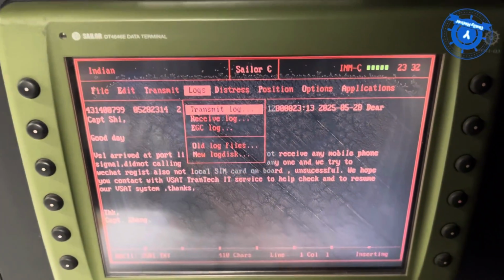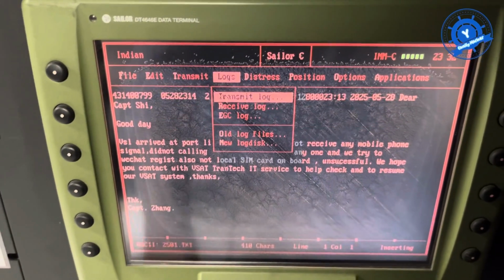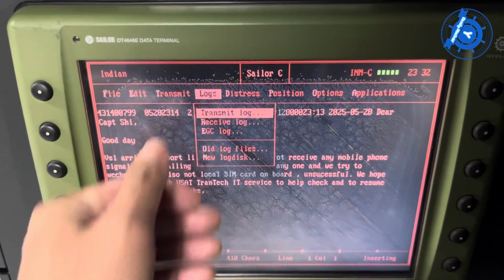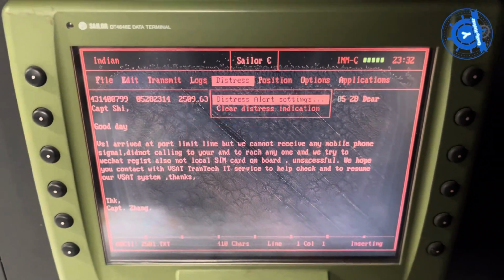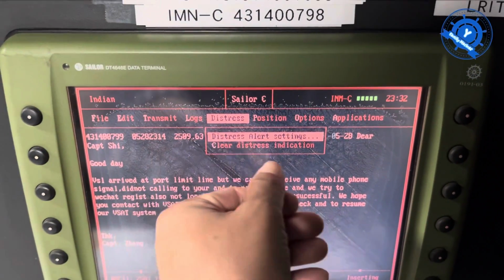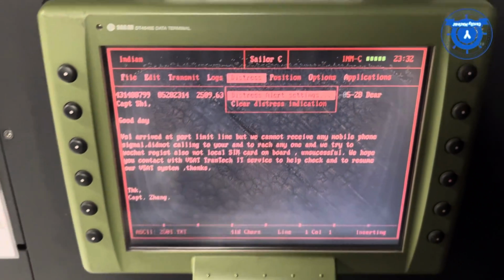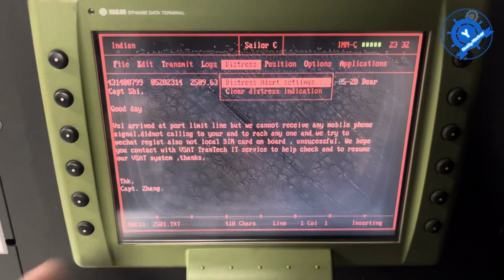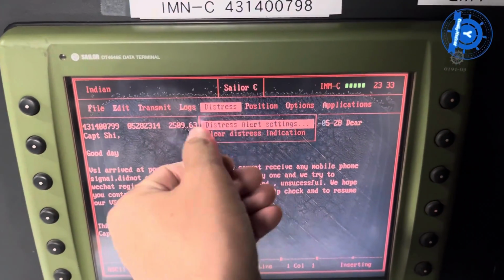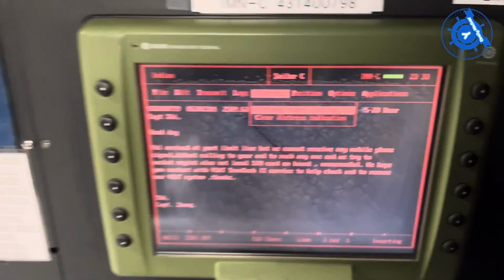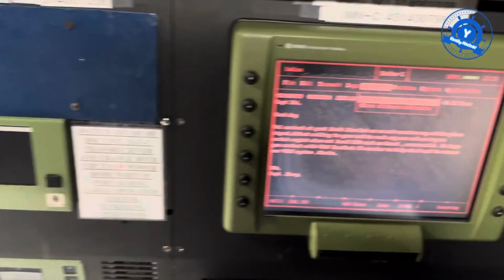Log means there is the transmit log, receive log, and EGC log. Distress means they have the distress alert setting. For example, if you have some distress, at that time you can edit your distress alert setting and also press the distress button.